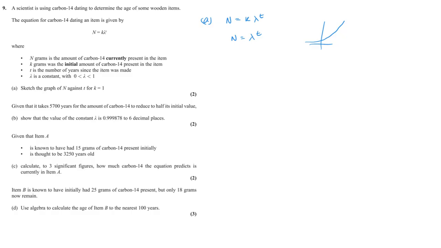So lambda is a decimal value between 0 and 1, and the graph of that is that way. So that's where I've got a sketch. So I will build it up. So something like this